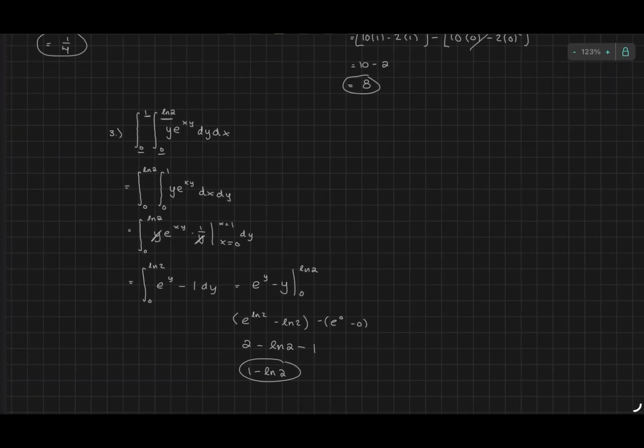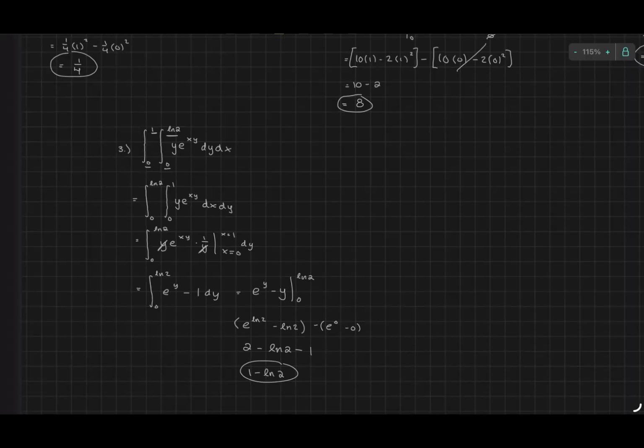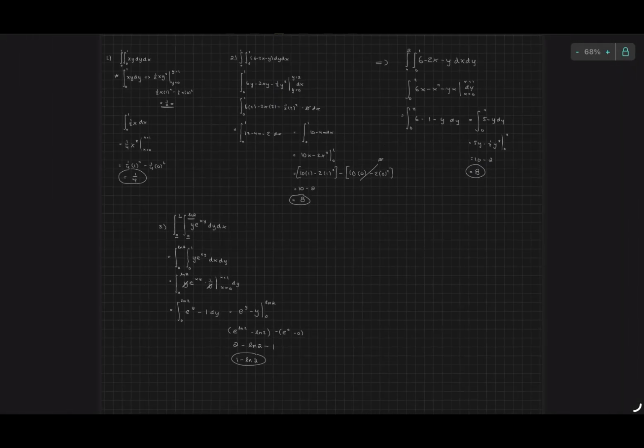And as you can see, it would have been a lot more difficult, or at the very least, a lot more steps. Obviously, difficulty is subjective, but I personally much prefer that one to having to do a tabular and/or uv minus v du. Perhaps even twice we might have had to do it later on. But point is, maybe that's motivation for changing the order of your differential from dx to dy or dy to dx. And this is something that you can do whenever you have any kind of integral realistically,